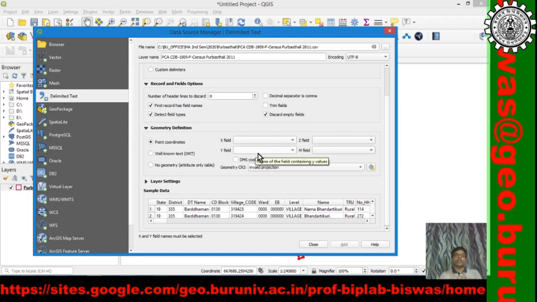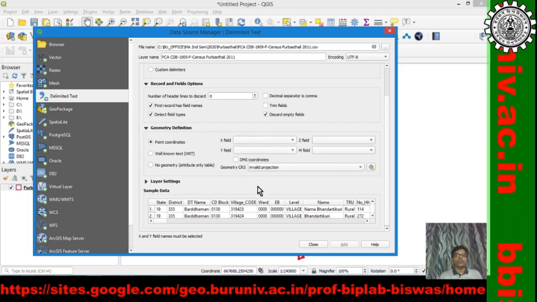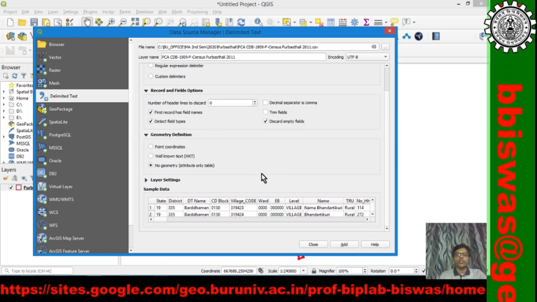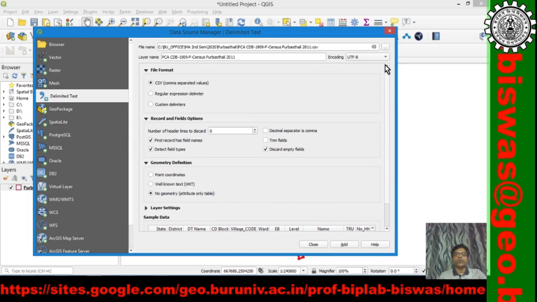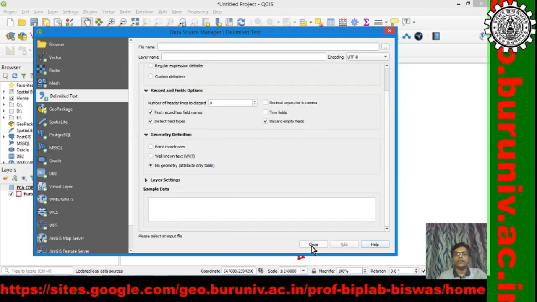If that data is there with our original data, we can use it. We will have another exercise on how to import point data or coordinate data in QGIS, but for today's exercise the data has no geometry. So, we can go with that, add.